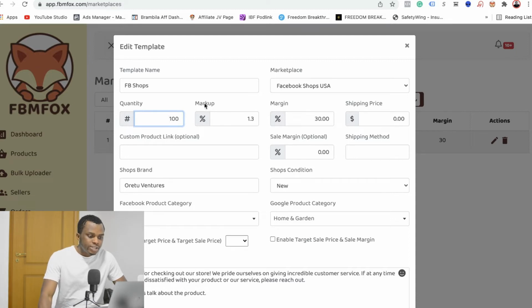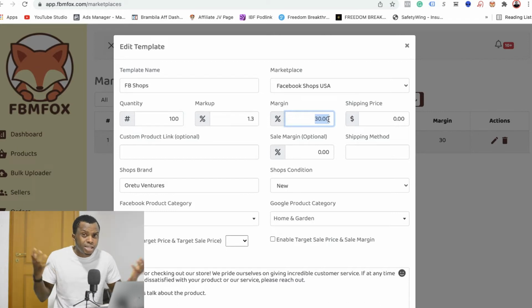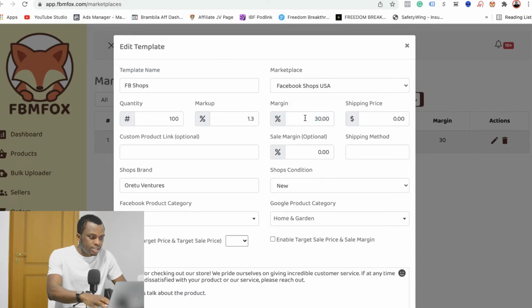So right here, you want to say the markup, meaning by how much do you want to mark up your products? I always do 30%, right? Because with 30%, you're going to have enough margin to make some profit and to cover whatever losses you're going to incur in the future. So the margin right here is a percentage, right? So let's do, for example, 40%. It's going to change right here to 1.4, meaning you want to multiply your price by 1.4. So right here, let's leave it at 30%. You're going to see that change,